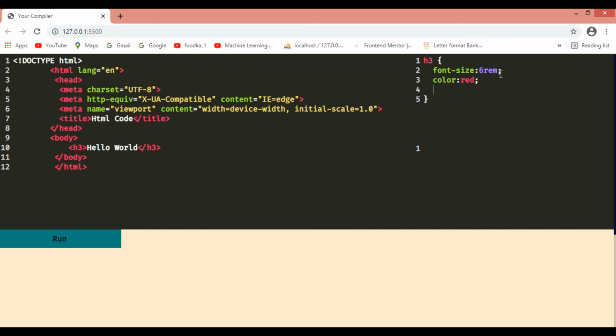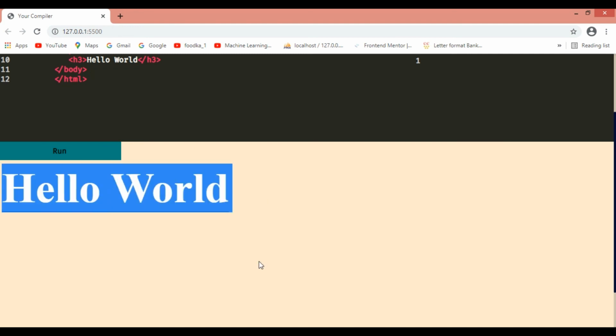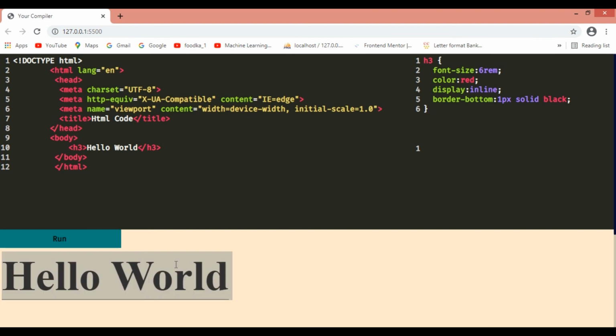Sorry for the Windows pop-up. Font size 6 rem, color red, and make it display inline. Border bottom to be as 1px solid black. Now let's run this thing. You can just see a text has been displayed when I execute this particular HTML code.